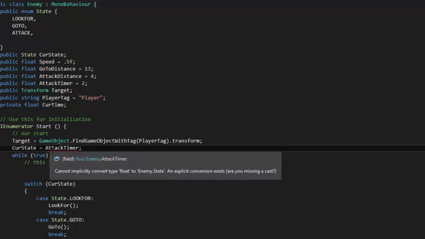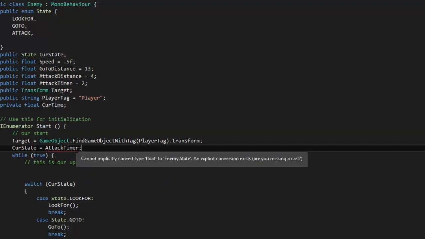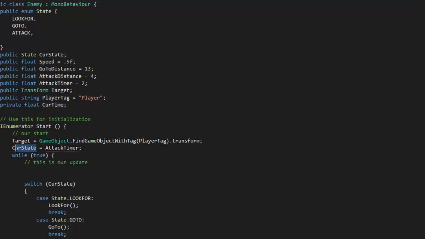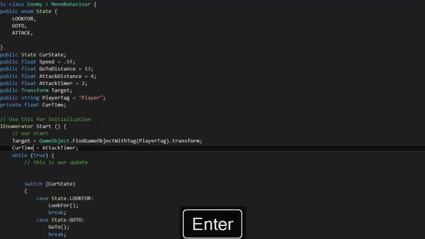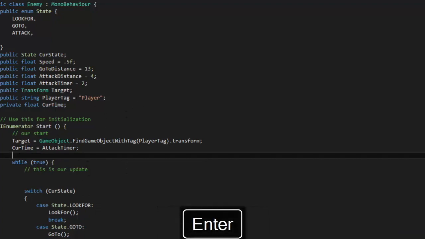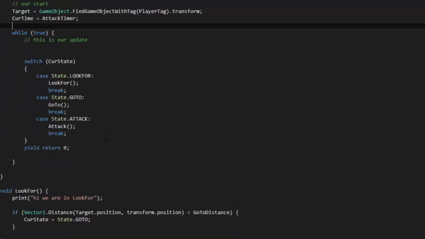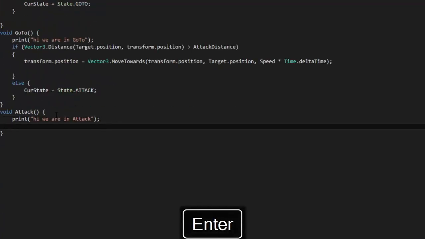And why can't we do that? Because that is cur state. That is why. So cur time, make sure of that, and we're gonna hit enter here to give it some room to breathe, and let's scroll down. So now we have this set up, and in our attack state, we can simply,